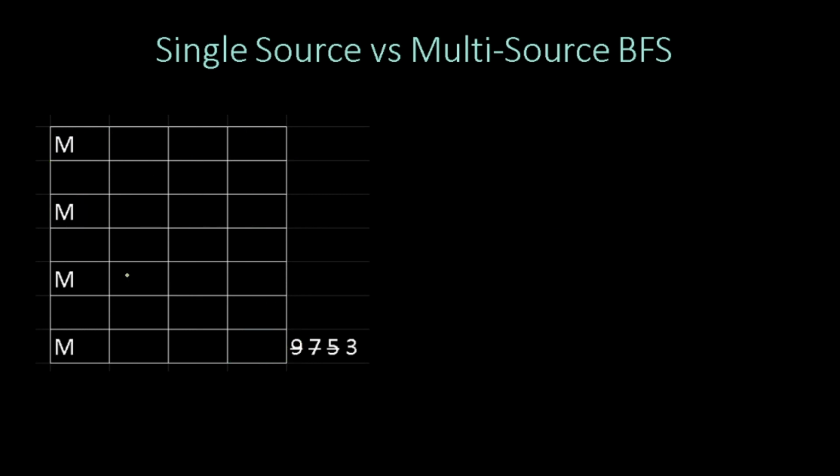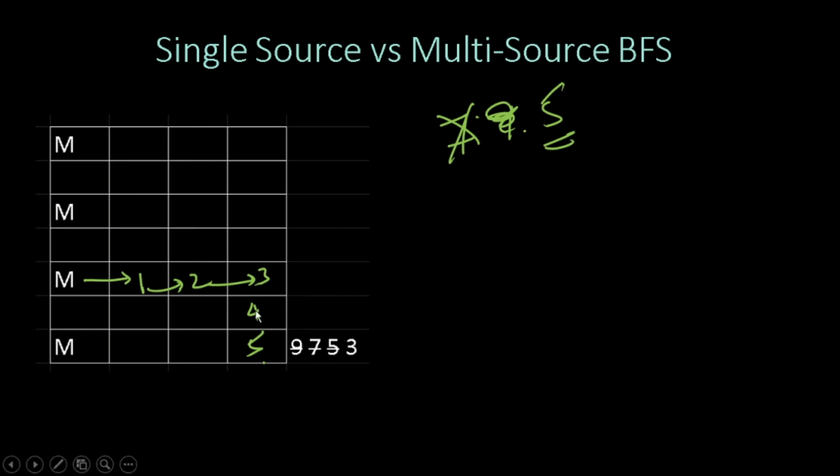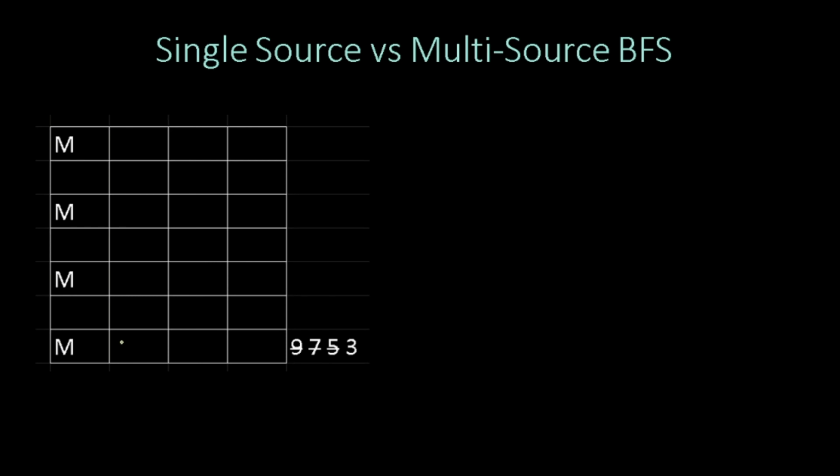Let's continue. Now, when this monster tries to propagate, it can get here in 1 second, it can get here in 2 seconds, 3 seconds, 4 seconds, 5 seconds. See what is going on here. 7 is rewritten to 5. So originally this was 9, it got rewritten to 7, then it got rewritten to 5. Finally, when the fourth monster is being propagated, it can get here in 1 second, 2 seconds and 3 seconds. So again everything is getting rewritten.